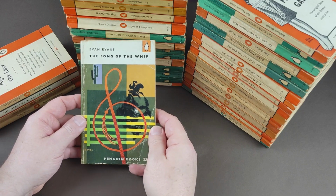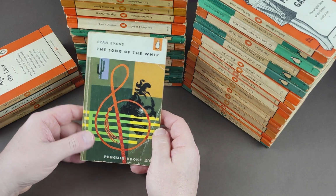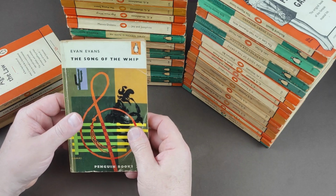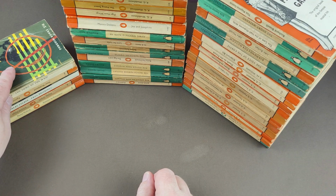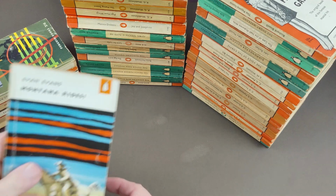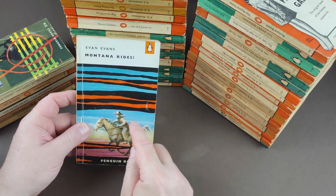1189 then is Evan Evans, The Song of the Whip, which is a Western. Penguin, another one by Abram Games. Penguin didn't do many Westerns. I think at this point, Westerns were all over TV. Pan were doing them, great guns with them. So I guess they thought we better publish a couple. Here's another one, which I actually read, Montana Rides. It was pretty good, but